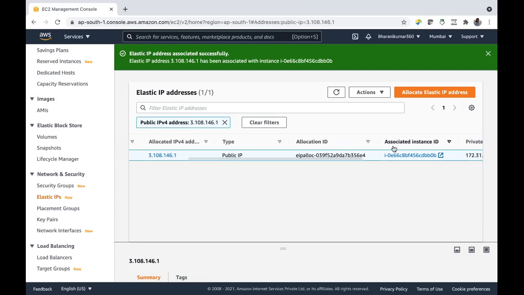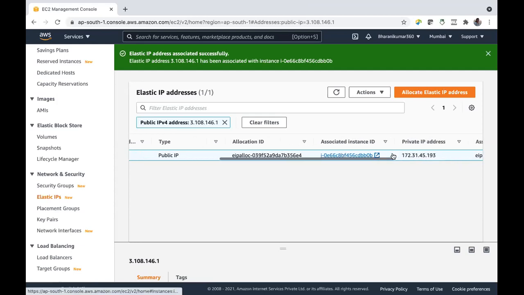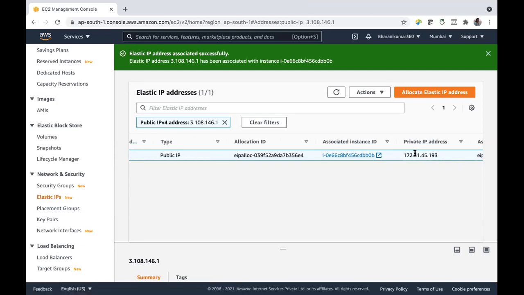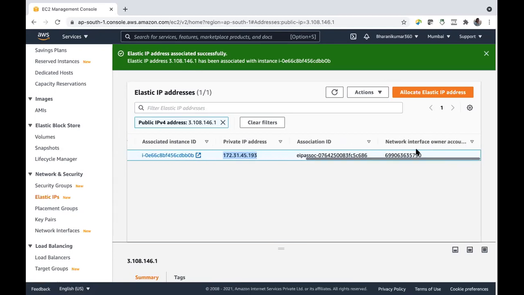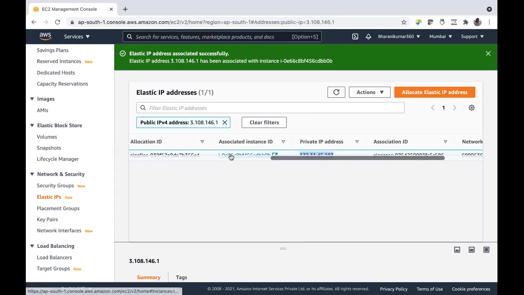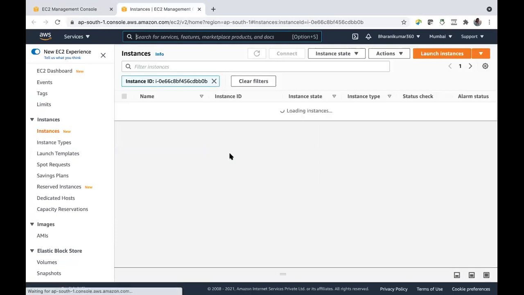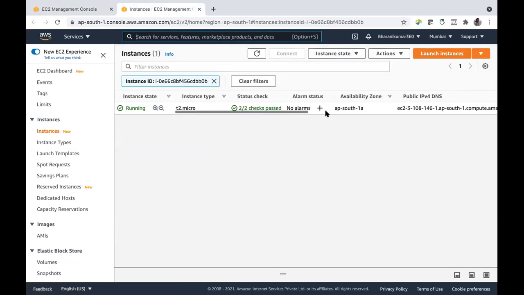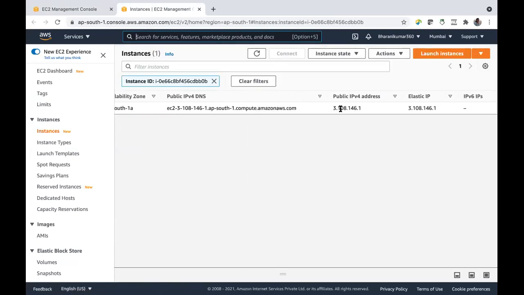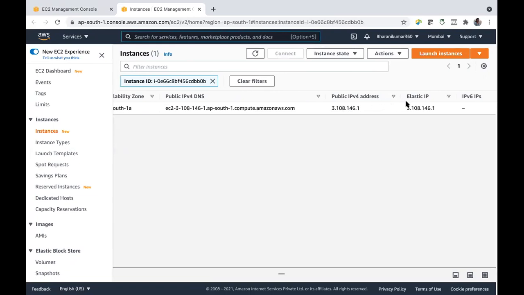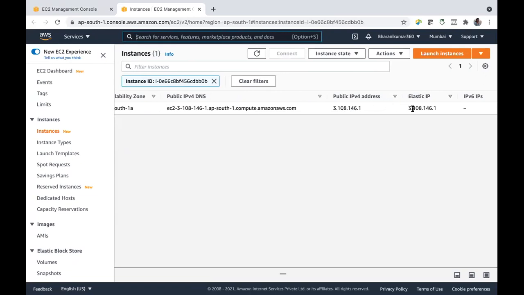Allocation ID and associated instance ID. And this is your instance's private IP address. Other things, let us go here. This is public IP address. This is my elastic IP address.